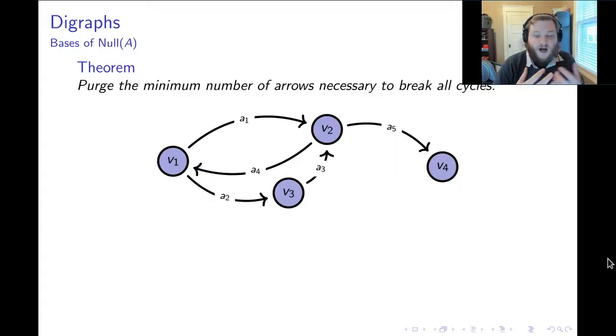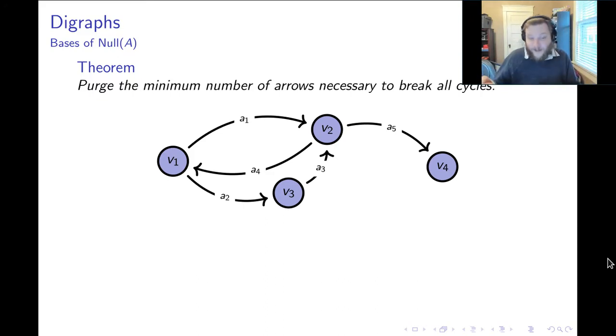Now, we just covered how we could systematically or algorithmically construct a basis for each of the 4 fundamental subspaces of any matrix. But I also want to look at other situations where maybe we have different, maybe more interesting or more fun constructions. So let's think about a situation where we're studying the incidence matrix of a directed graph. Here, I want to look at the null space of that matrix. And there's a really cool result which connects the idea of the null space of our incidence matrix to this